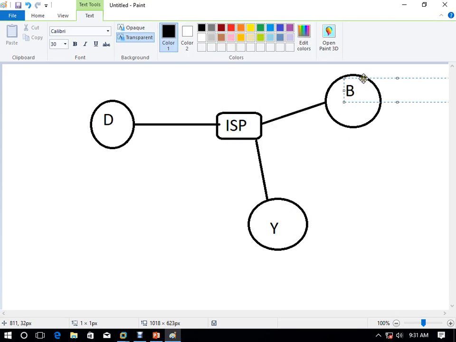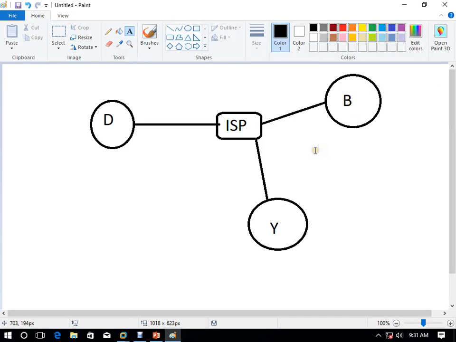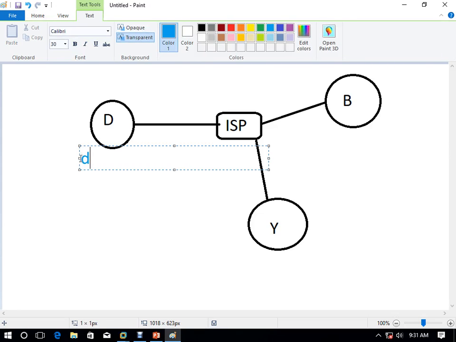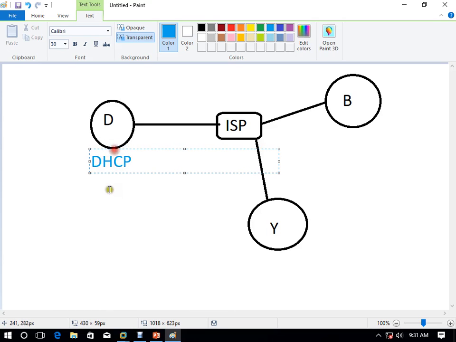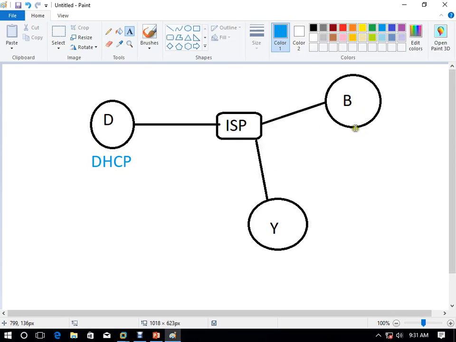When you have multiple branches in your organization, maybe your company says, let's have only one DHCP server in our organization. I don't want multiple DHCP servers in the whole organization.